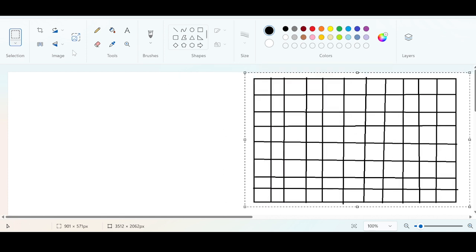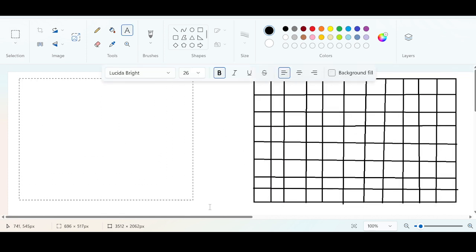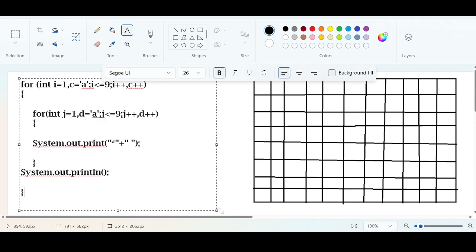Let me move this here. Okay. This is the logic, typical logic for the square pattern, right? So now if you focus on one thing,